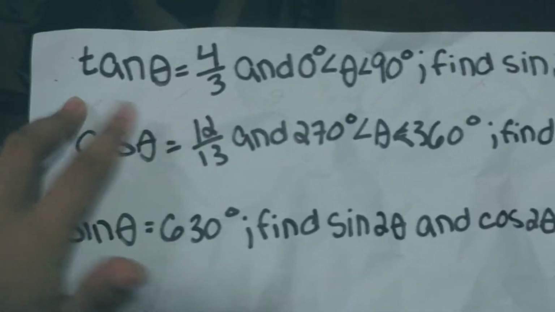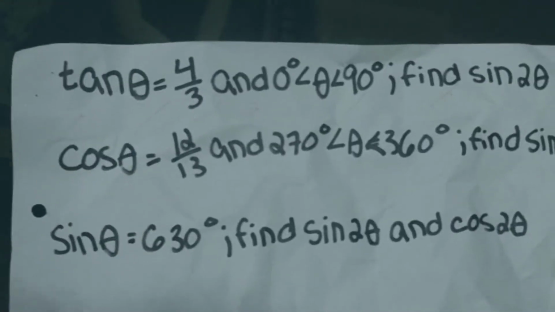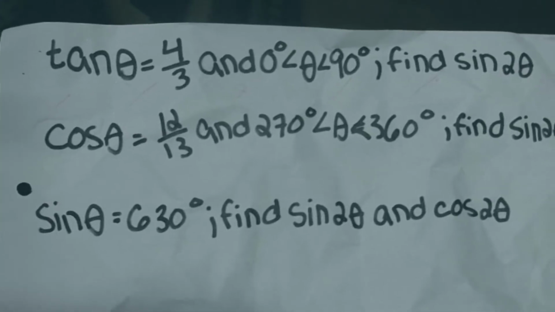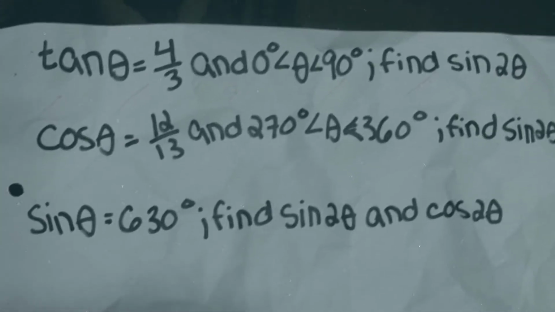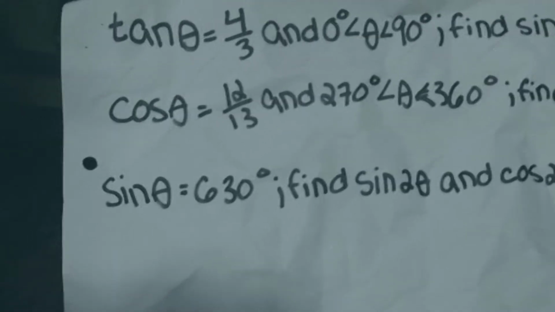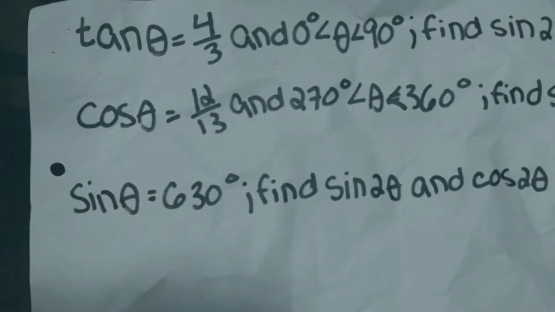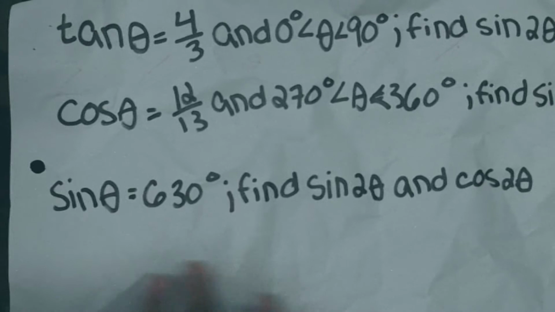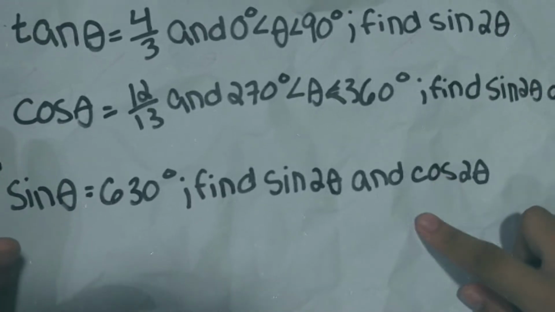Our first example is tangent theta equals 4 over 3, with the condition that theta is between 0 degrees and 90 degrees, and you are required to find sine 2 theta. Our second example is cosine theta equals 12 over 13 with the condition that theta is between